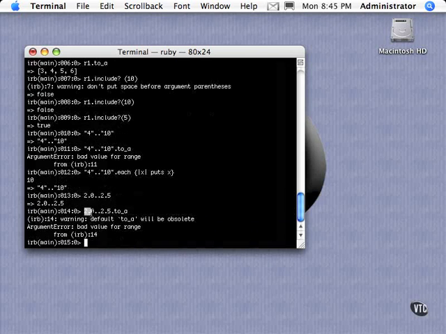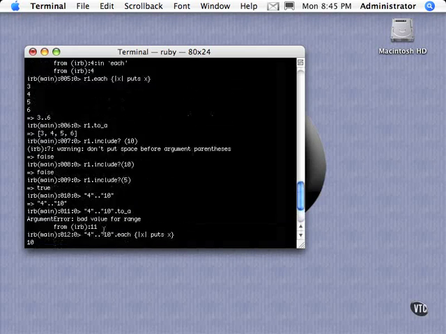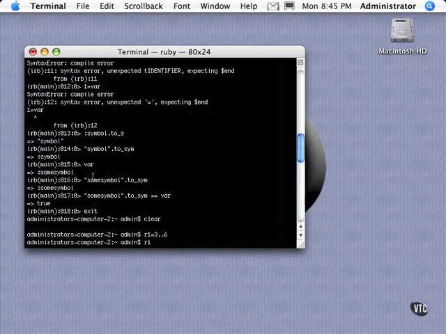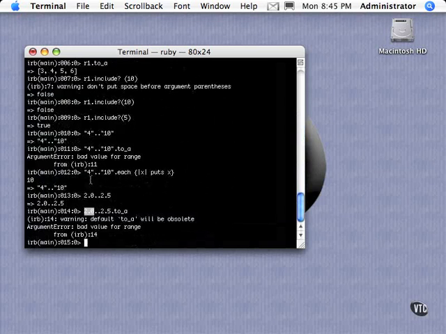Do you want it to go 2.0, 2.1, 2.2, or do you want it to go 2.01, 2.02, all the way up to 2.1? It doesn't know how to decide here, and there's an absolutely infinite number of ways to do that. So really, with ranges, you should stick to creating them from basic integers